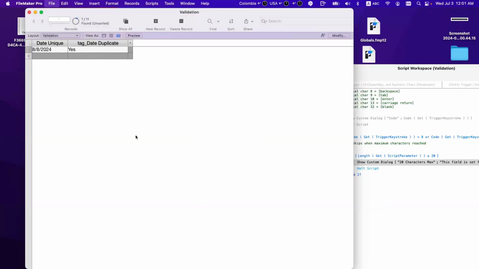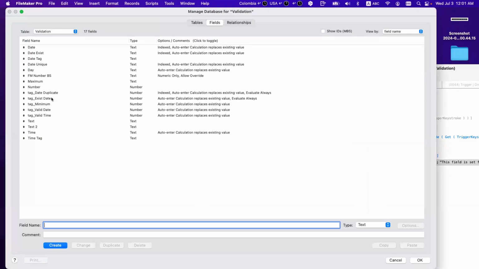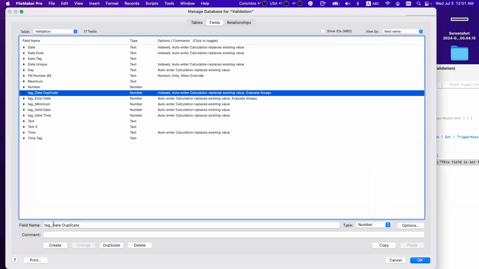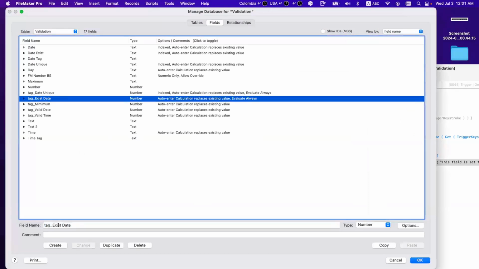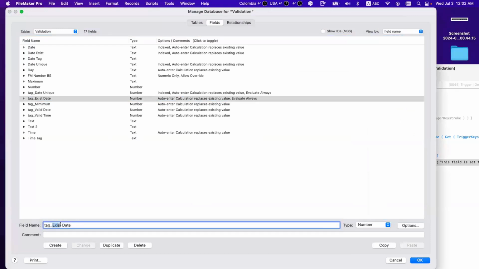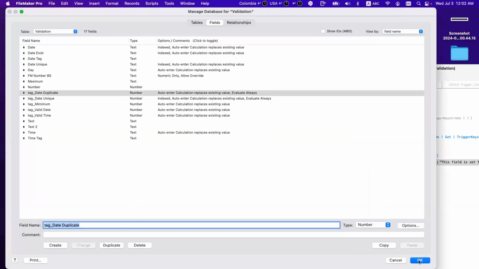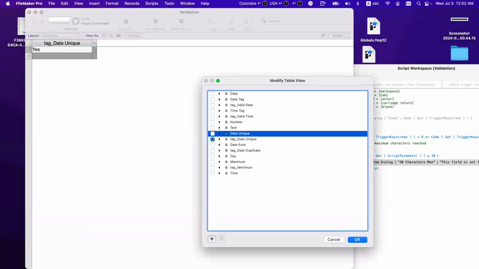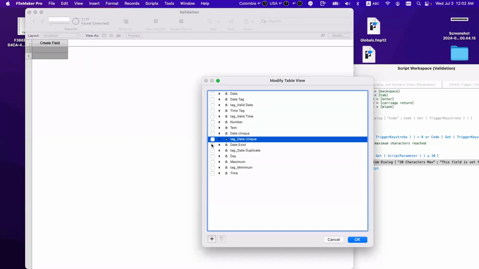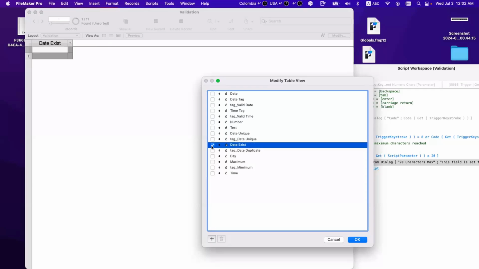Hold on. Not this one, this is that unique. The exist dates, you can call that date duplicates, because this is the way you track the date exists and the tag duplicates.